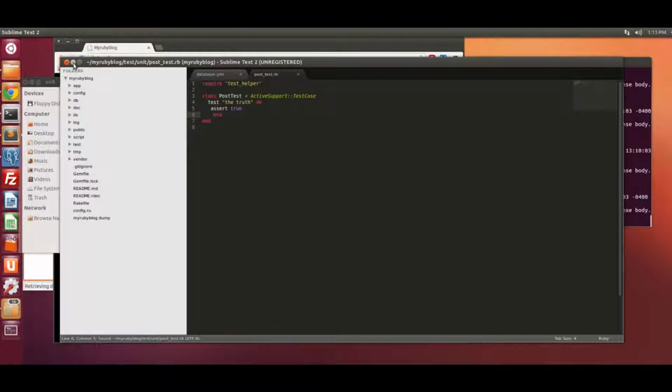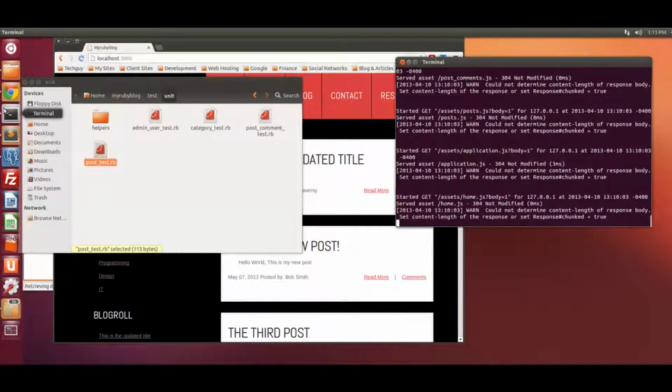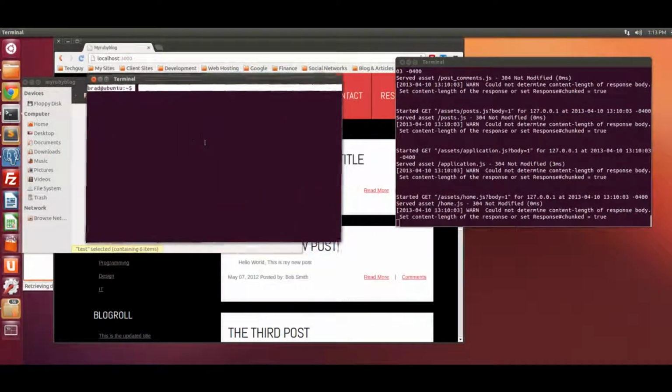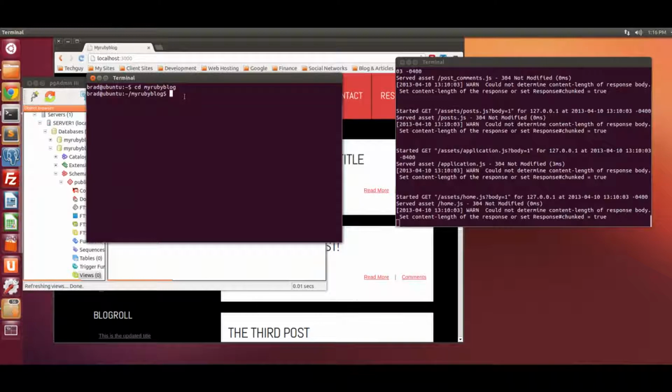So let's save that, and we want a new terminal. We want to first make sure we're up to date with our database. So we want to run rake db:migrate. It looks like it's updated because we didn't get anything back. And we want to prepare our test database. So if we do rake db:test:load,